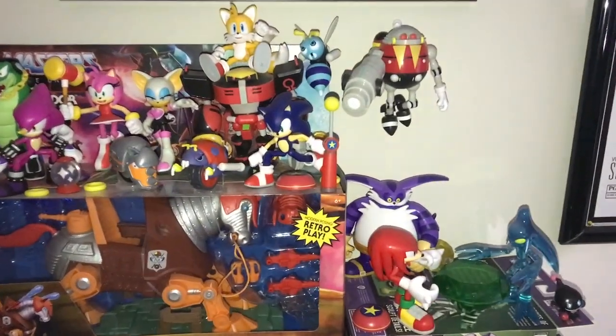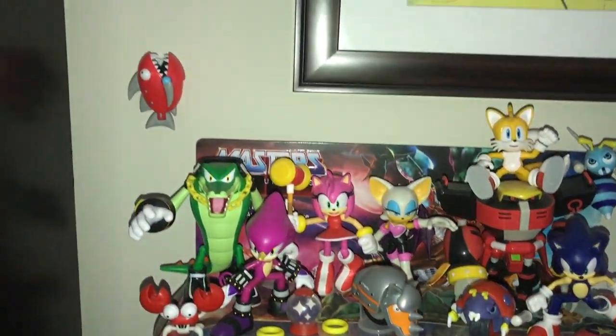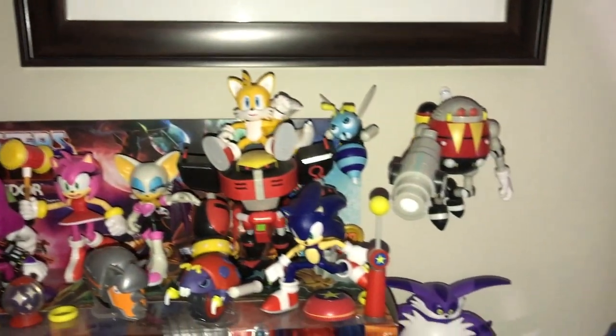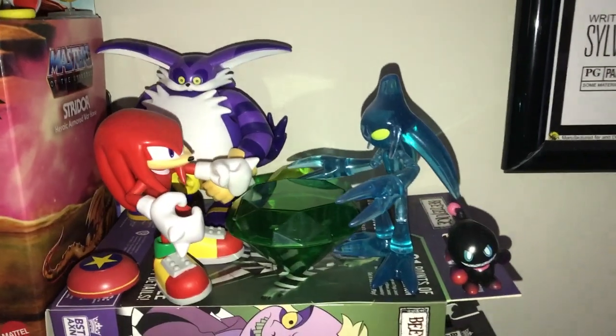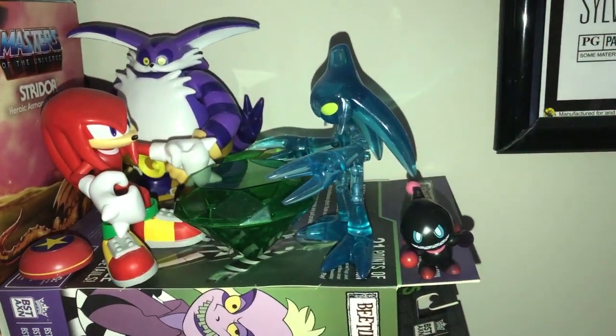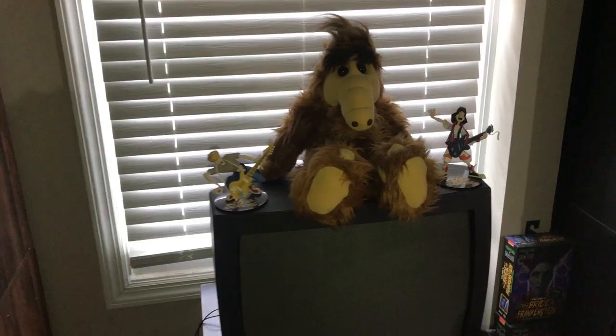So I've got some other stuff for Sonic. I picked up little things like Dark Chao and a MOTU bug and stuff, but that's really all I've gotten. That's really all that's come out. I haven't even really checked what's coming next, but I'll still keep picking up stuff for that line as we go on. But before we jump into MOTU, I also quickly want to mention I got the NECA Ultimates Alf